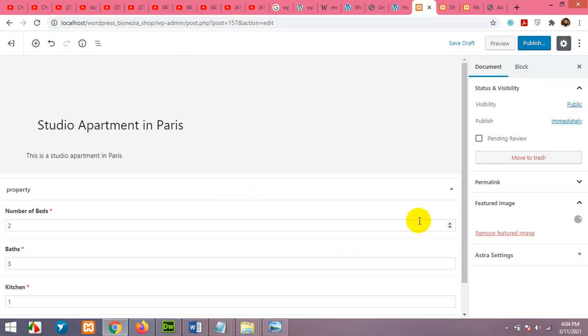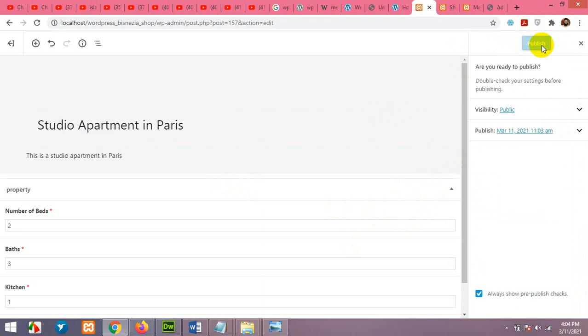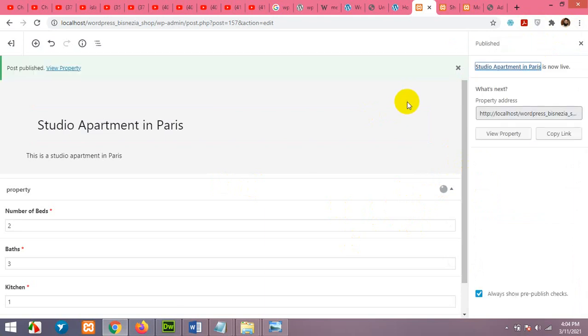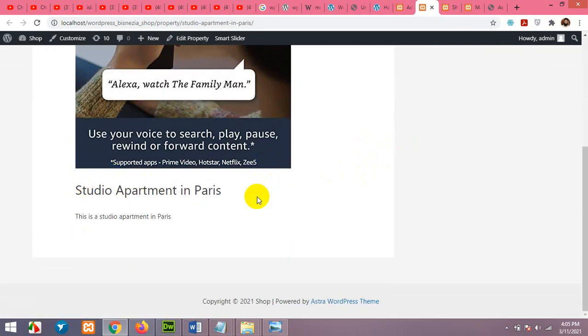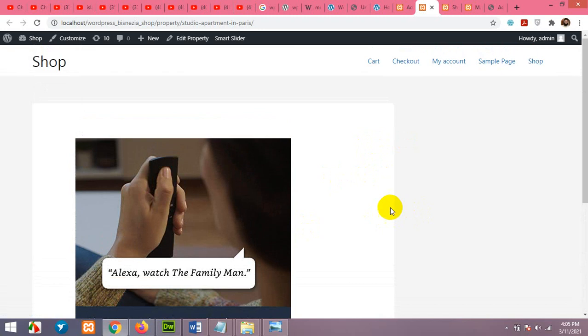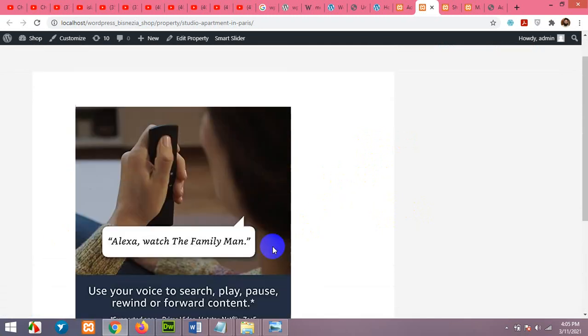I'll add a dummy image, just to show you how it works. After publishing the post, let's check how it looks on the front end. Okay, image, title and description. So the advanced custom fields are not shown.